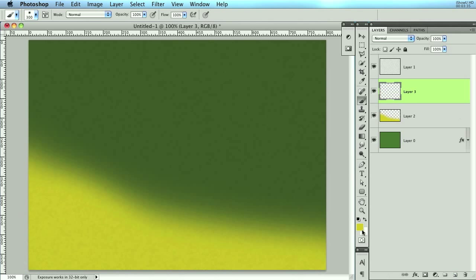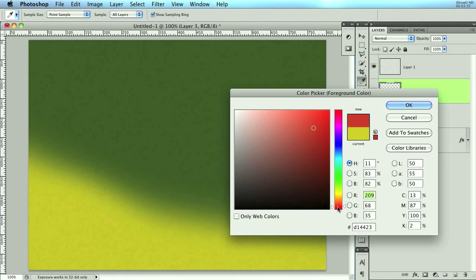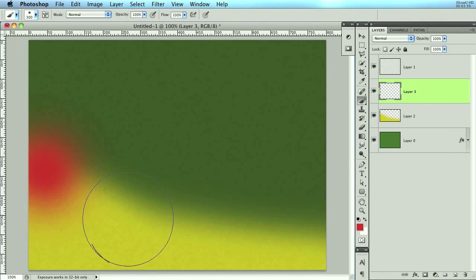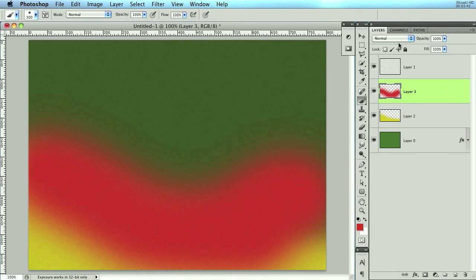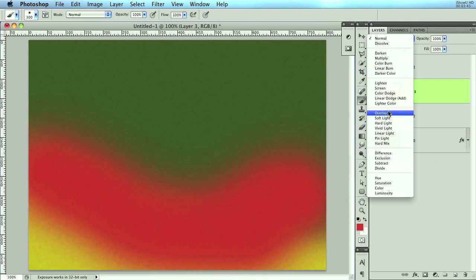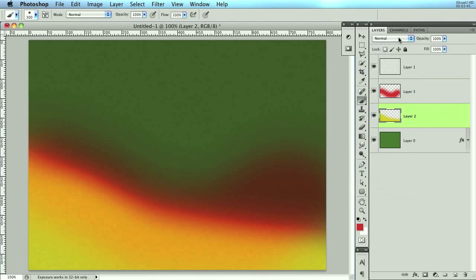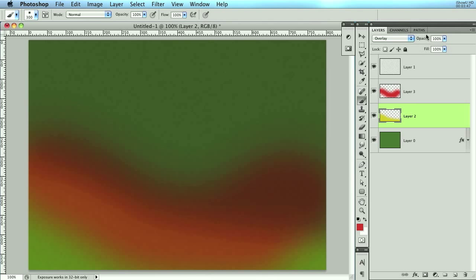Maybe create a new layer and go with a little bit of red, something like that. And let's just try changing this to overlay possibly. Let's hide this red one for now. Bring this down, and kind of like it's being lit from the bottom. I don't know if overlay is the correct option, but